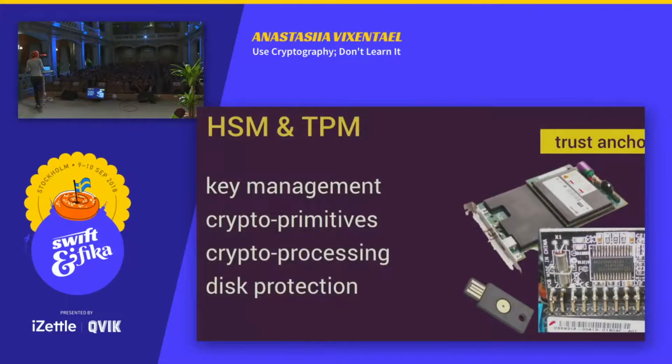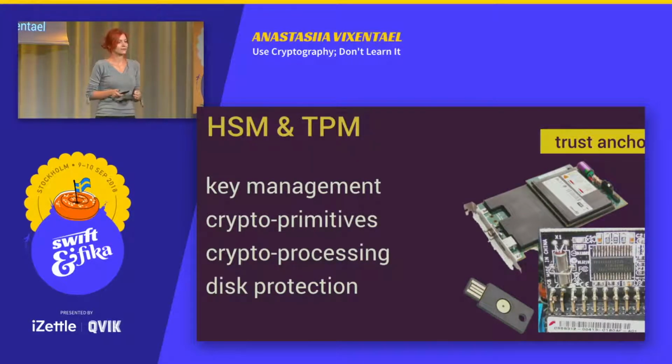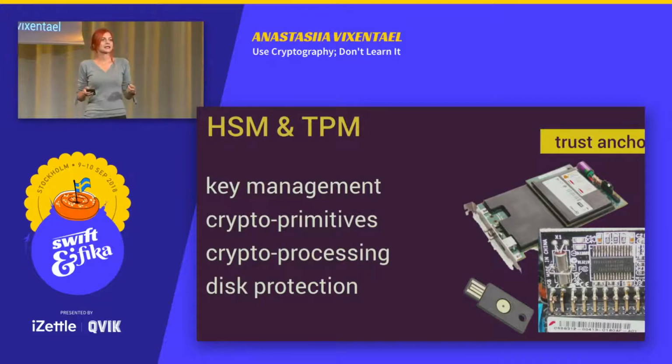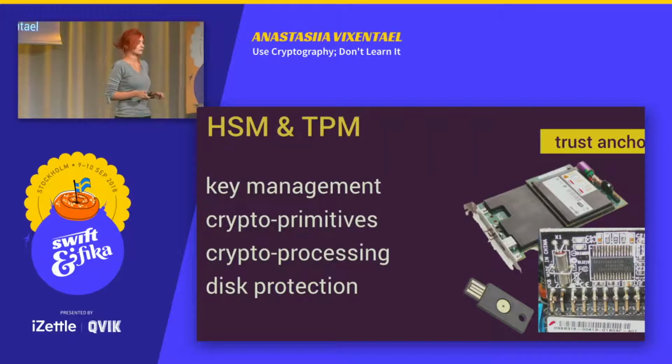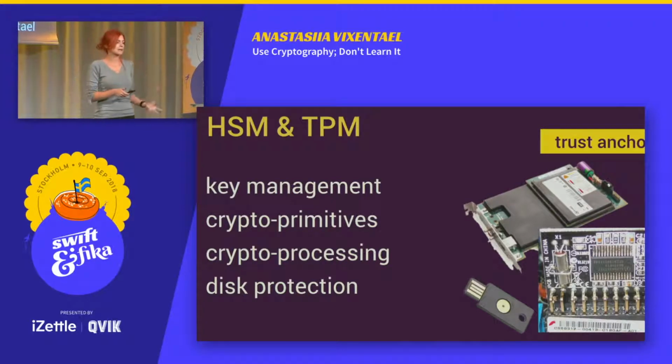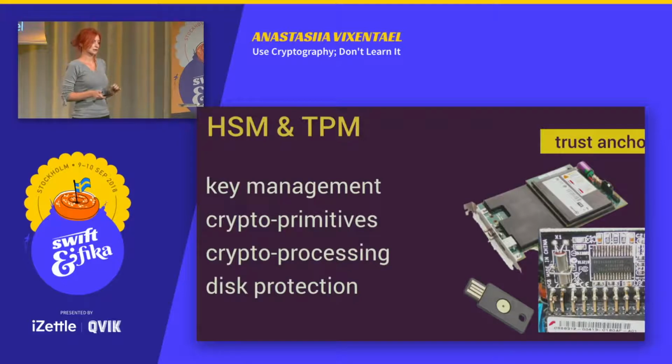Let's get real. The ultimate security for encryption products are HSMs, hardware security modules. They have a separate computation environment. They can provide you key generation and key storage, and they have minimal chances of leakage if you do things right. HSMs are used in ATMs, banks, data centers. TPM, Trusted Platform Module, is a bit lower grade of security. It gets integrated into your machine, so it exposes some internals, but yet it's kind of secure, and it's a trust anchor provided by the vendor.